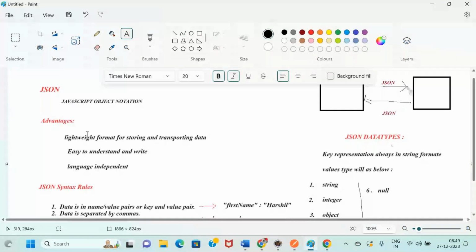How does it help us process the data? It is all interrelated.